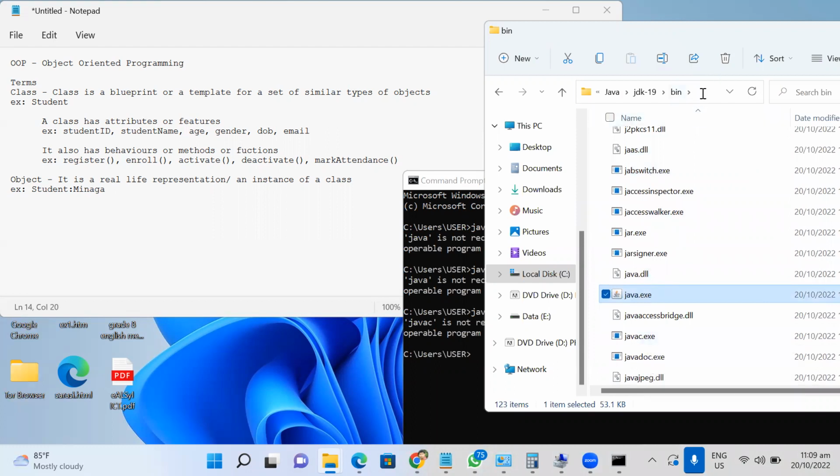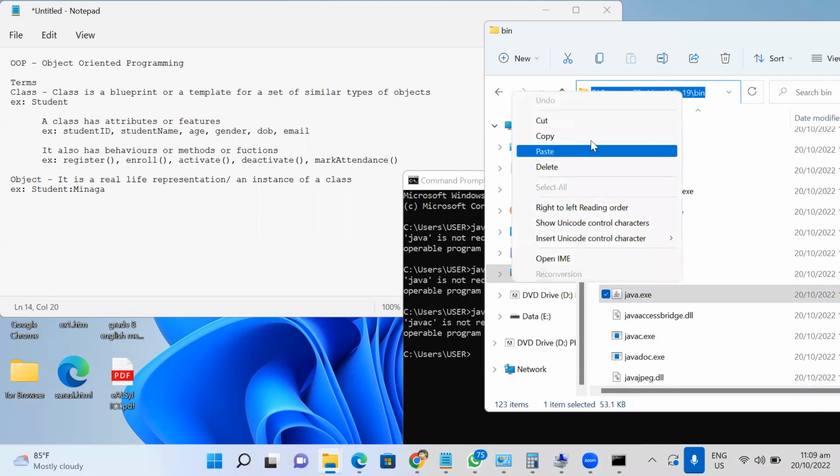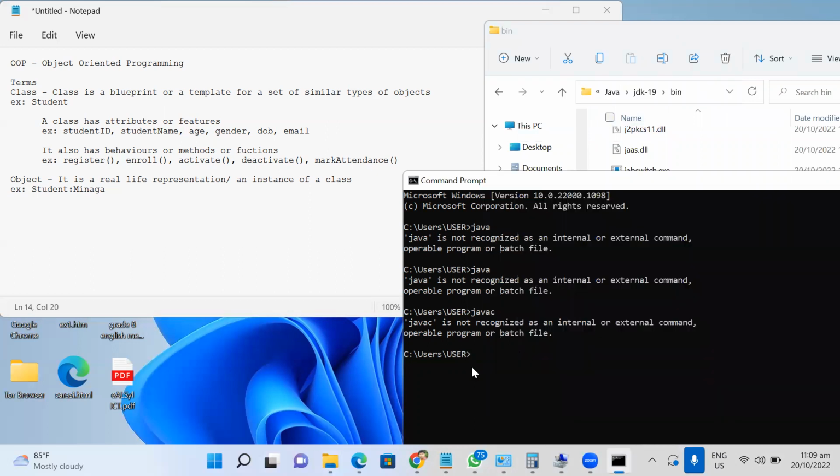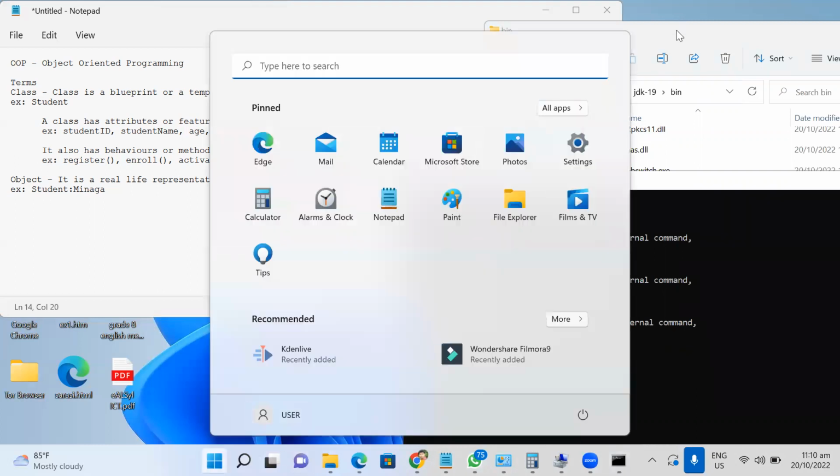So what you need to do is copy the installation path. As a one-time work, you can say path equal, then paste this, but you need to do this every time you're setting the path, and that is a headache, no? Therefore, you can go to My Computer or This PC,